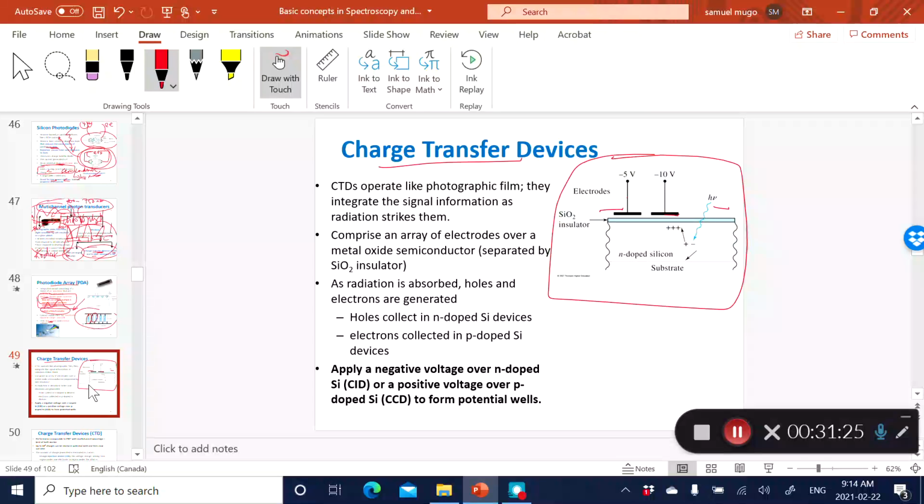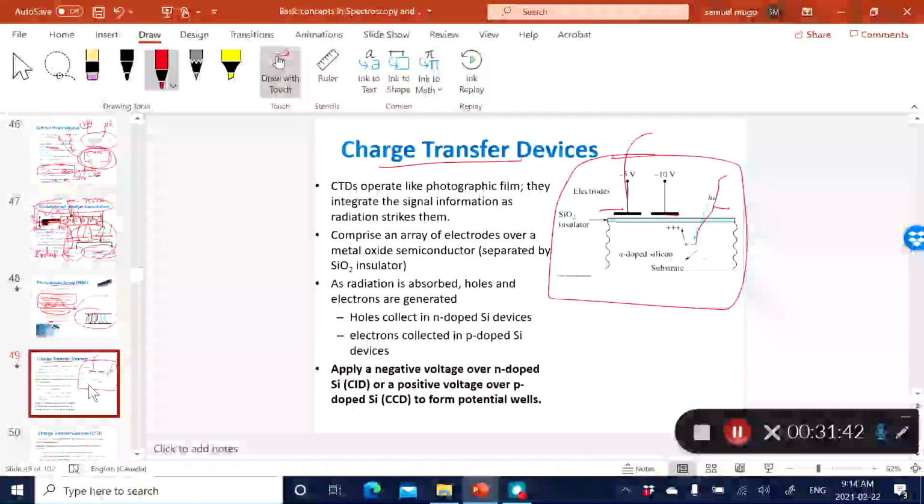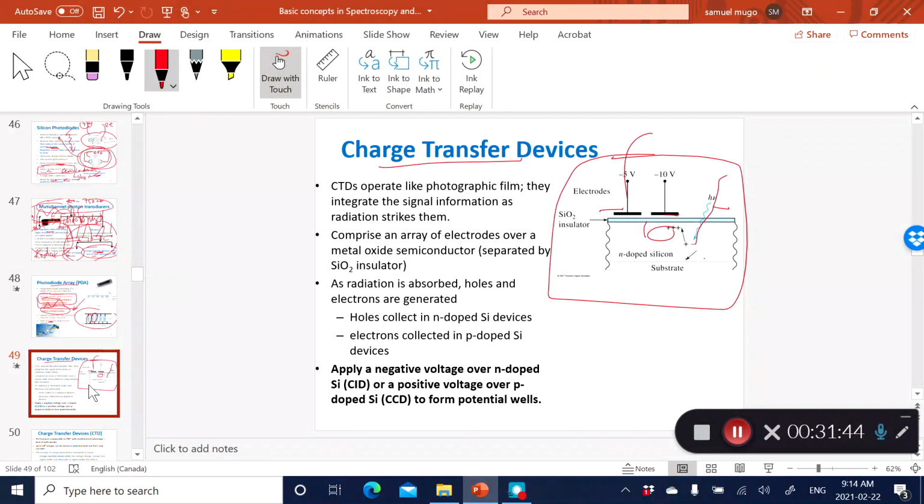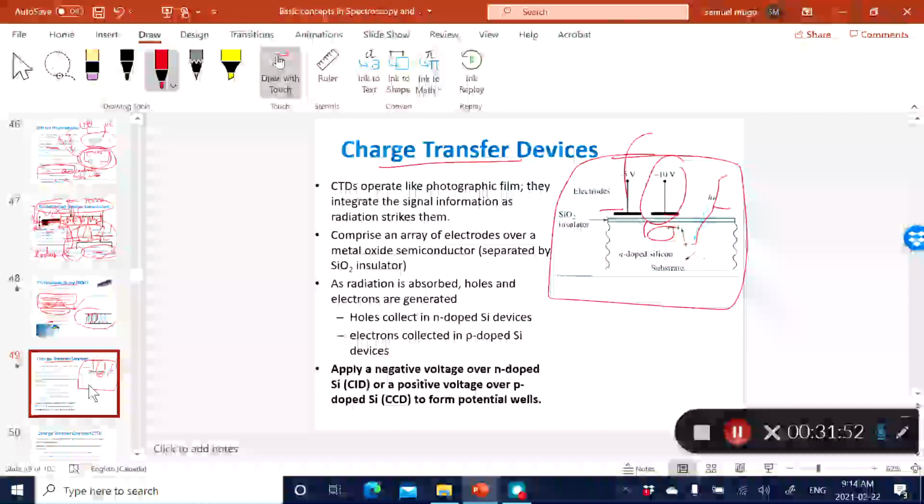And of course, electrodes are typically connected to a power supply of a certain polarity, okay? Meaning, when light impinges on these diodes, as I said before, you generate electrons or holes, and the holes can get attracted to a negatively charged electrode that is printed on the surface of that